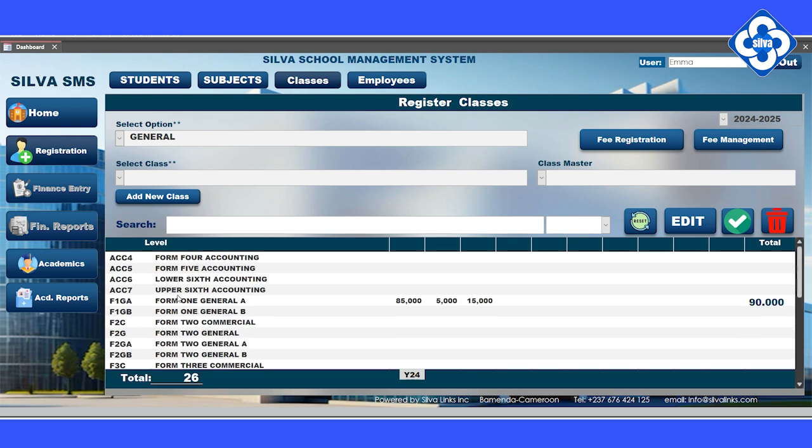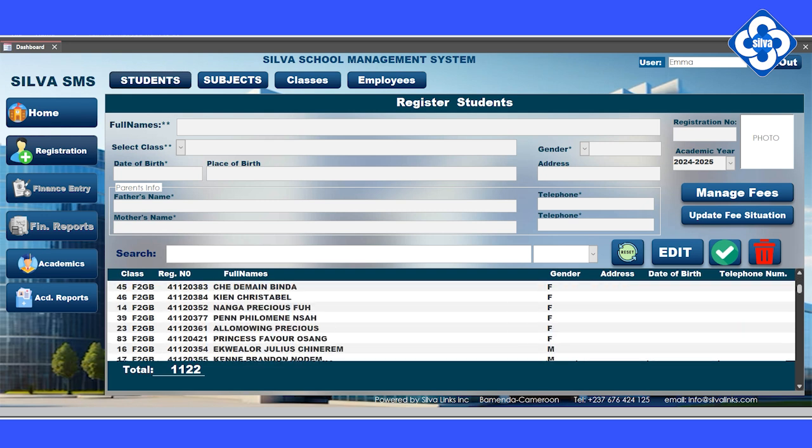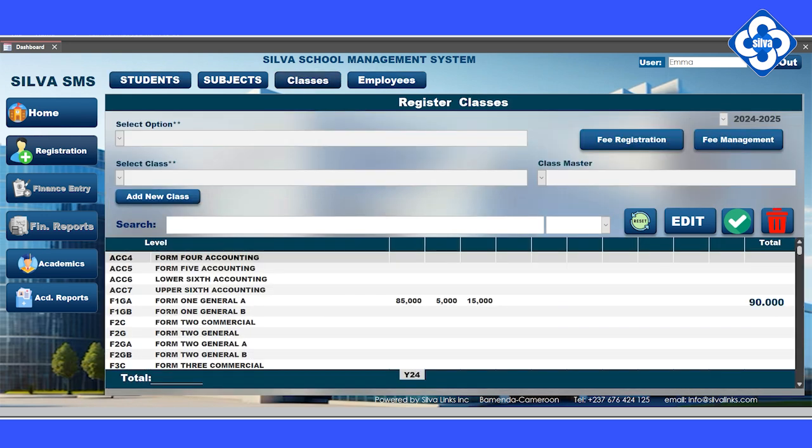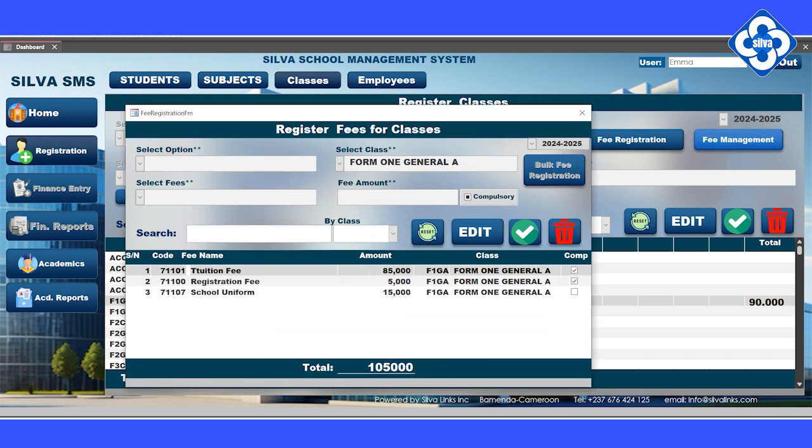Okay, let's take a class, because I have students here from Form One General A and Form One General B, so I will just work with Form One General A. If you look at this class, if I go to fee management, Form One General A has 3 fees that we have created in that class, and we can add to this. We can also edit, like tuition, maybe we can change it to be